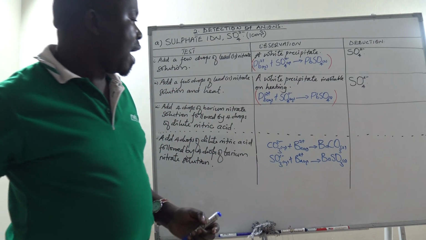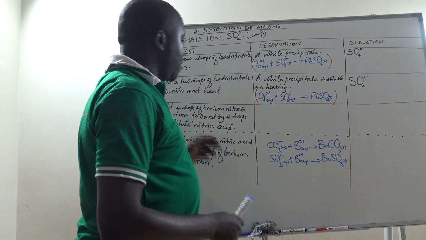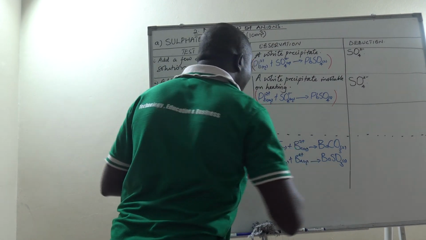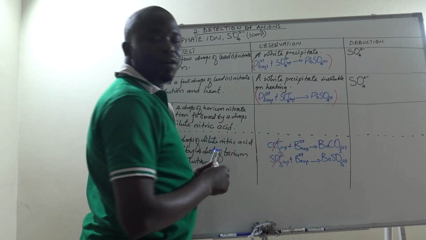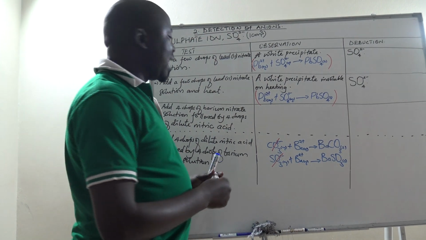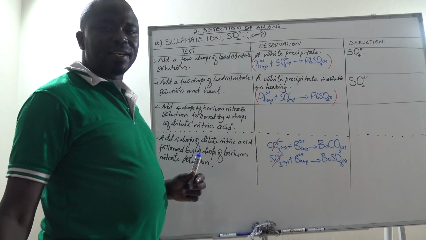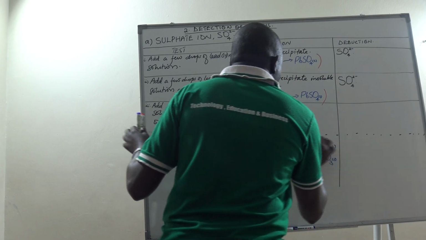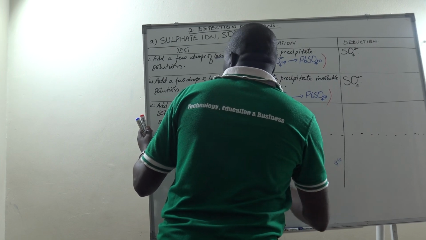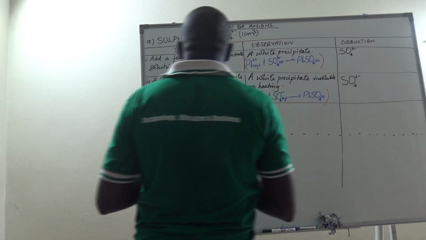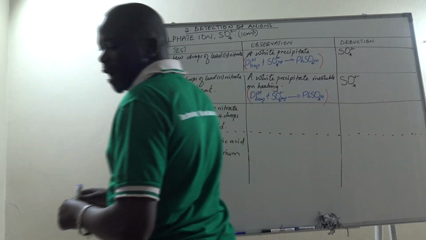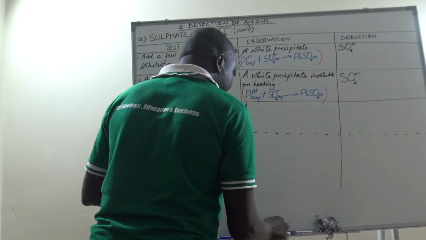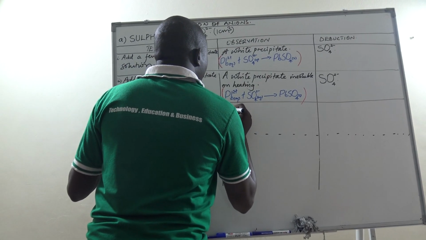So we don't have to forget this, and for that reason what we need to do is to add dilute nitric acid, and the dilute nitric acid will be able to destroy the carbonate ion or the sulfite ion, which may be present in this case as an impurity. So we don't have to forget that. So if this one has already been destroyed by that dilute nitric acid, then it means that here we are going to get correctly our white precipitate. Let me use black. We shall get a white